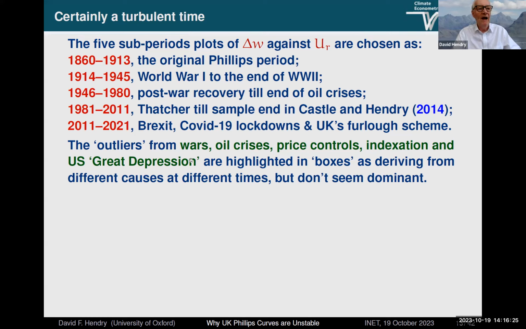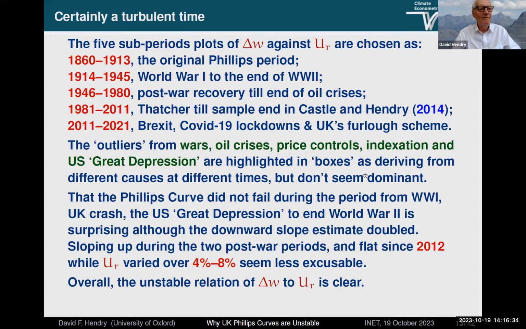I showed you the outliers from wars, oil crises, price controls, indexation, the US Great Depression, but they don't seem to explain what's going on. The Phillips curve did not fail during the great turbulent period from World War I, the UK crash in the post-war period, the US Great Depression, World War II. It's really surprising, although the downward slope estimate did double. But sloping upwards during the two post-war periods and flat since does seem less excusable and suggests that this is